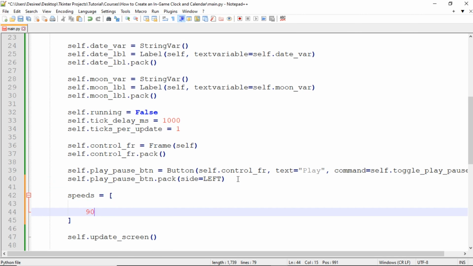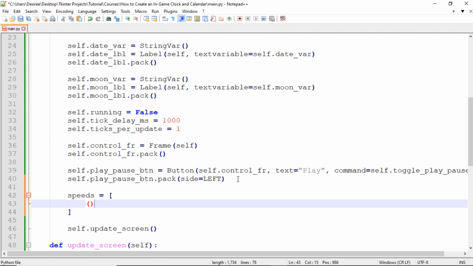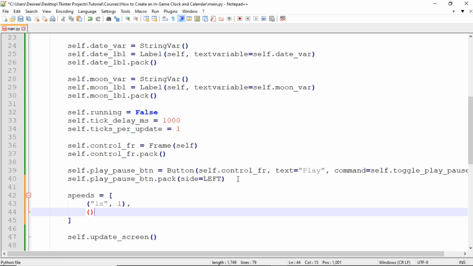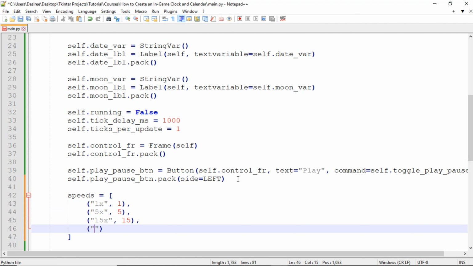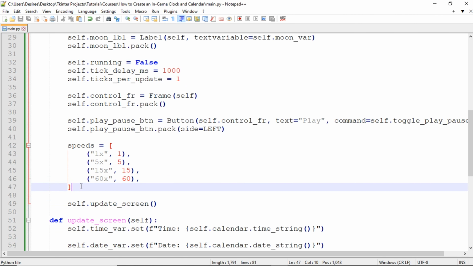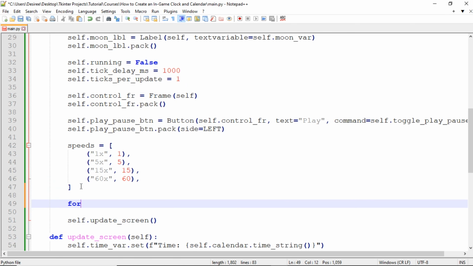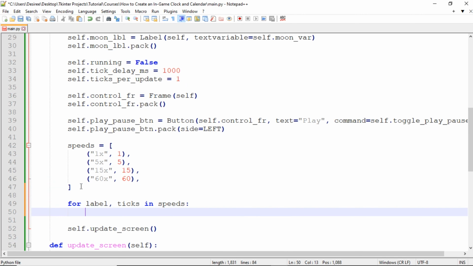So first one is going to be 1x time, and that's going to be 1. The second one is going to be 5x time, and 5. Third one is 15x time, 15. And the final one is going to be 60x time and 60. Okay. So next we're going to use a for loop to create and display the speed buttons. So we'll do for each label, ticks in speeds, we'll create the button